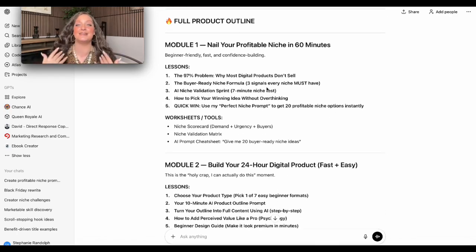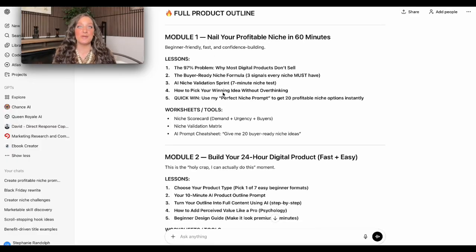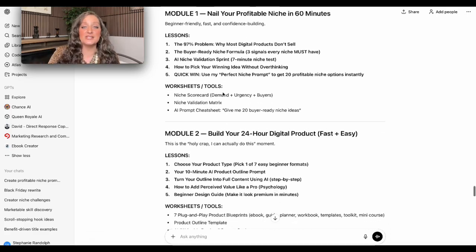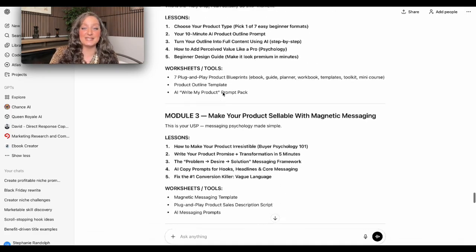This is where it gets good. Okay. So this is your module. This is the lessons that you're going to teach on. This is why I say you want to pick something that you're passionate about, because you want to know what you're talking about. You don't want to trust ChatGPT 100%. You want to put your flair in it. You want to put your magic sauce into it, your personalized touch, because you're the expert. We're not just going to ChatGPT to create a product that we know nothing about. Okay. We want to know something about it. All right. So these are the modules that has the lessons in here.